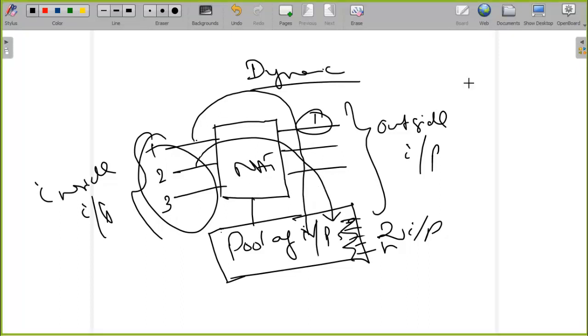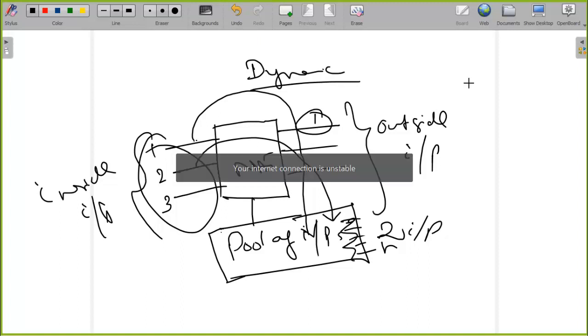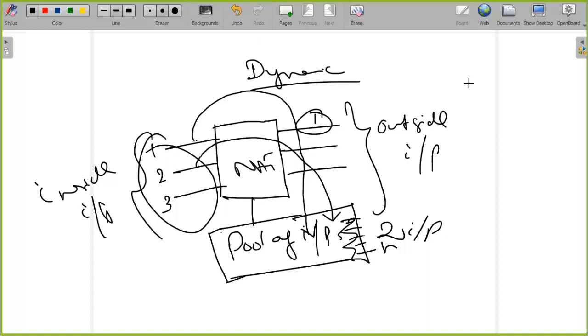Okay, so in both static as well as dynamic, the IP addresses on the other side, I mean the public IP addresses, should be more in number. Only then will you be able to access the internet immediately. For example, if you are going to use static NAT with 10 systems, then you must have 10 IP addresses. And if you're using dynamic NAT, and you want all 10 systems to go online at a time, then you must have 10 IP addresses in the pool.